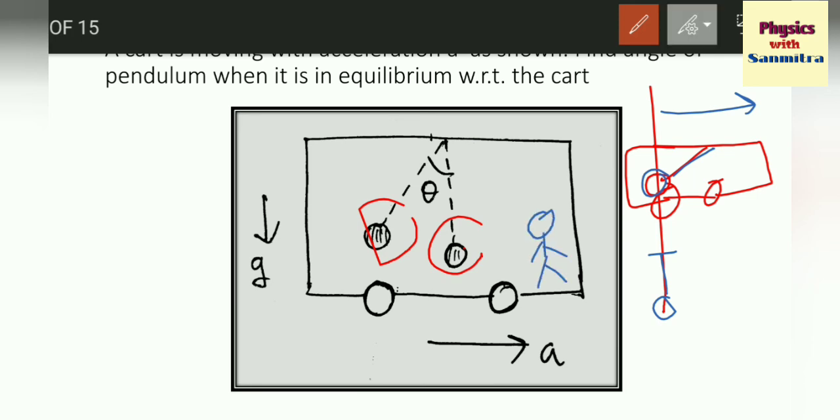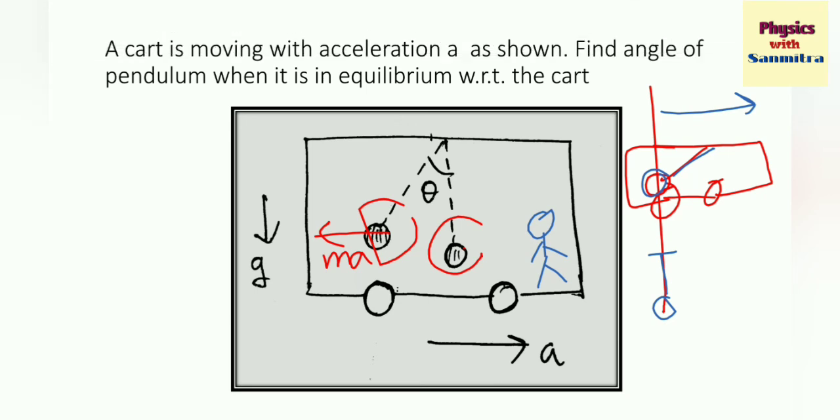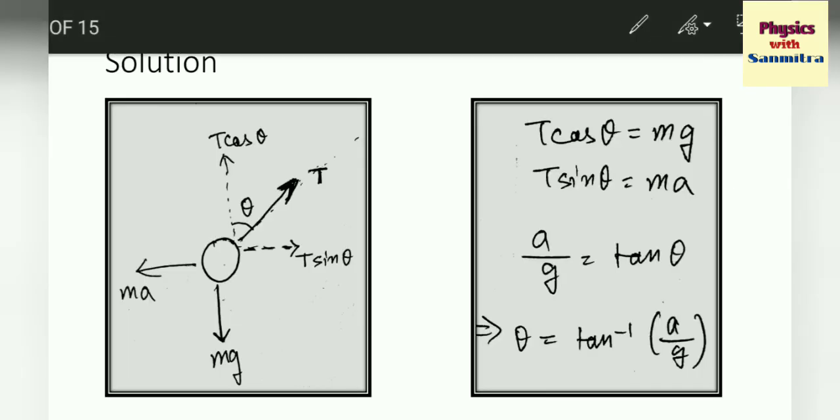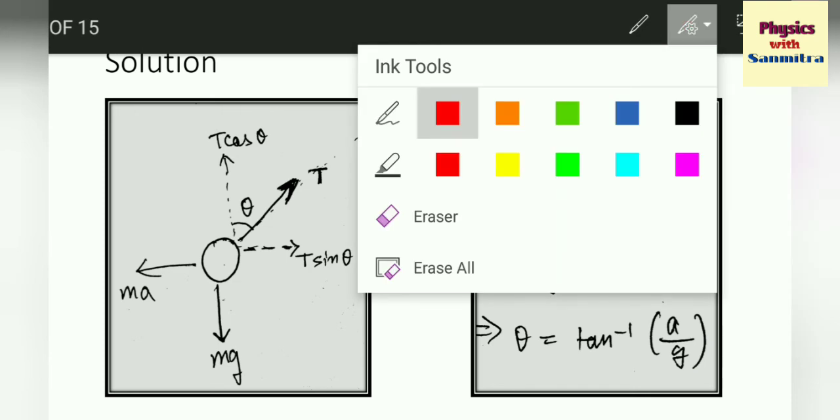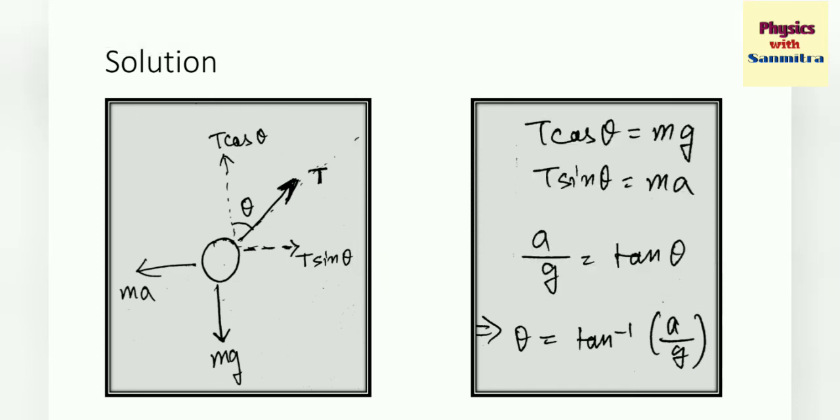that person will see that the pendulum is experiencing a force of m into a in the opposite direction of the motion. Okay, let's draw the free body diagram. Free body diagram I can show you here. See, there is a pseudo force that is acting. I'm observing it from the point of view of somebody standing inside the cart. So this m into a is acting in the opposite direction. Mg is acting in the downward direction, and tension is acting along the string, that is making an angle theta